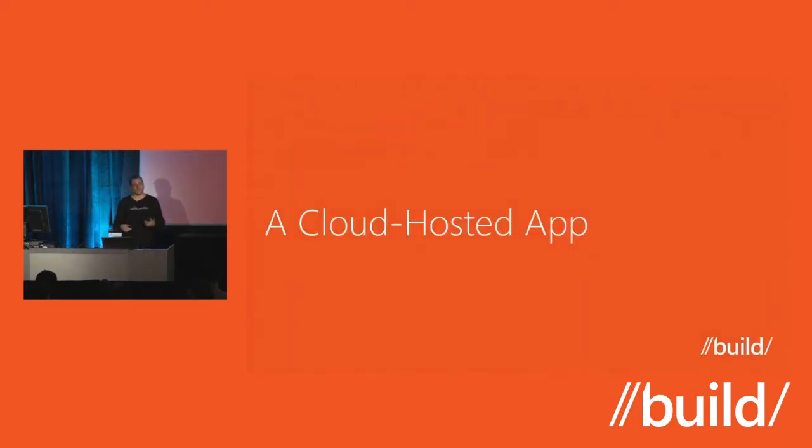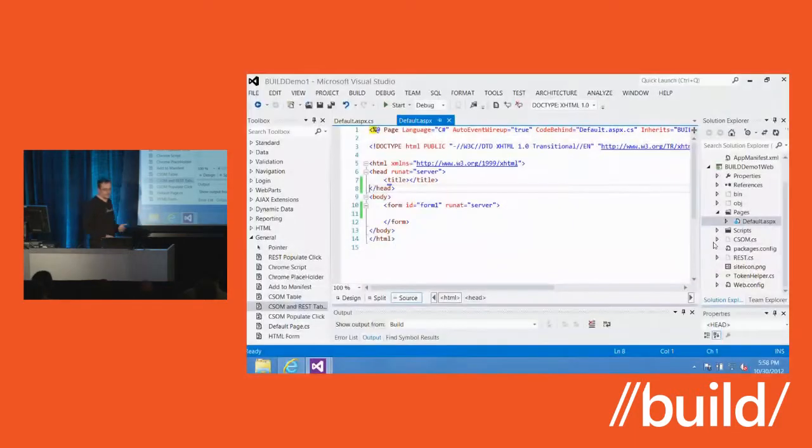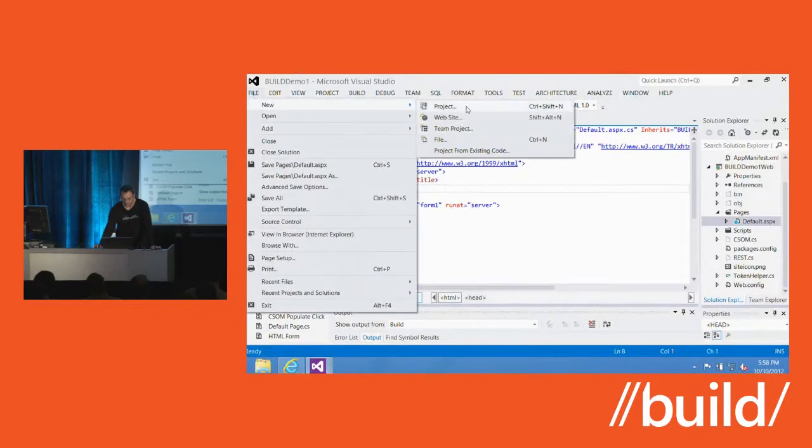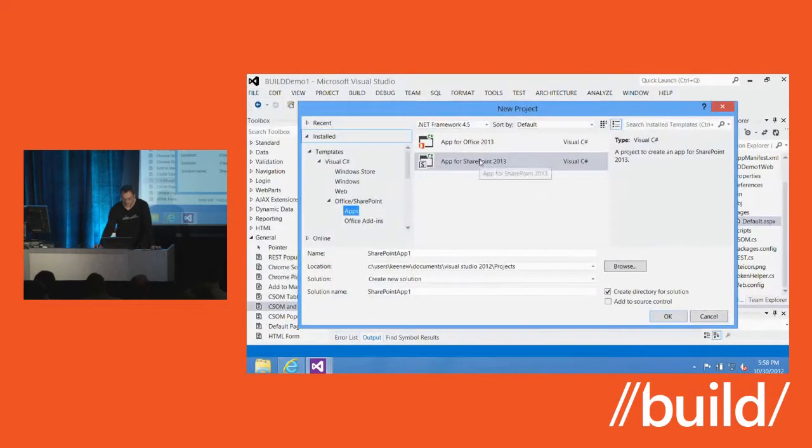So let's actually go ahead and take a look at a cloud hosted app, because SharePoint hosted is just kind of fun JavaScript. I figured it'd be a little more fun to have an actual something that you can leverage. So right here, I went ahead and started up a new Visual Studio app for SharePoint project, and if I want to do that, I just simply go File, New, Project, click Apps, and within the SharePoint apps,